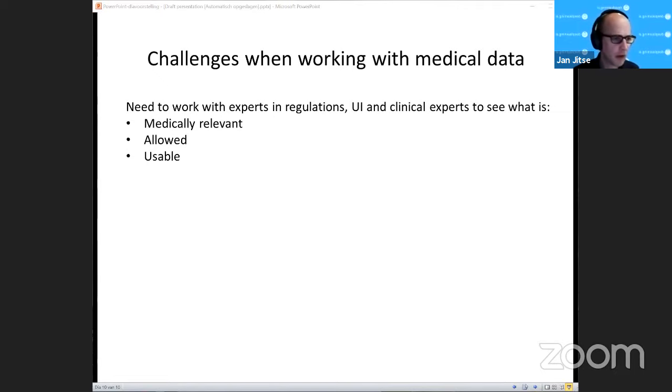You also have to see what is allowed. You can't just gather all data from all patients and then afterwards say, okay, let's try. Can we detect this? Can we detect that? That's typically not allowed. You're not allowed to go on a fishing expedition, data mining to see what you can do with your data, if the data is from persons. You have to tell them beforehand, I'm going to do this and this with your data. And then you're not allowed to do anything else.